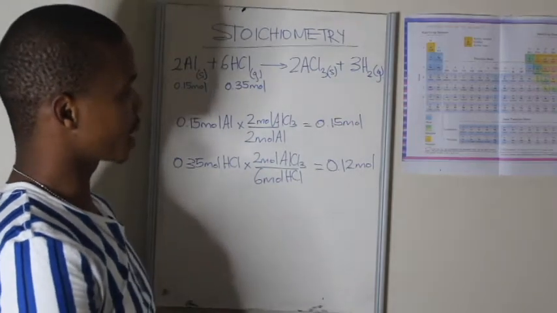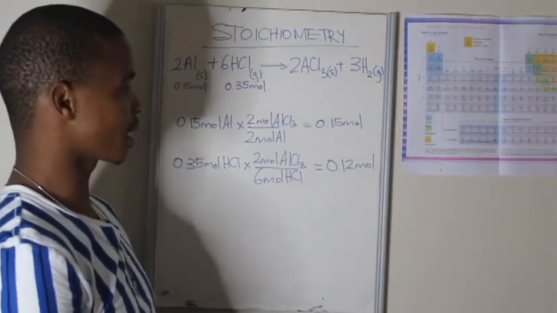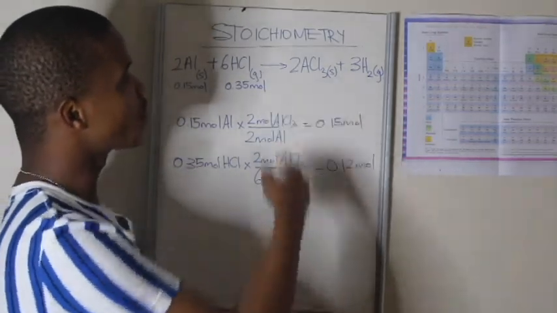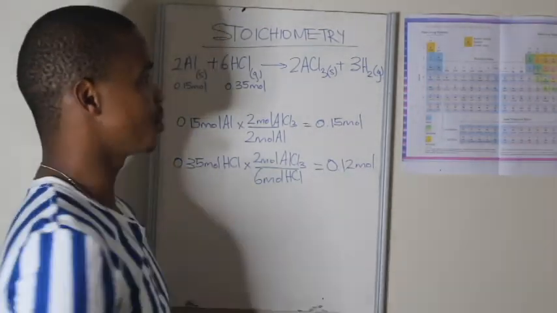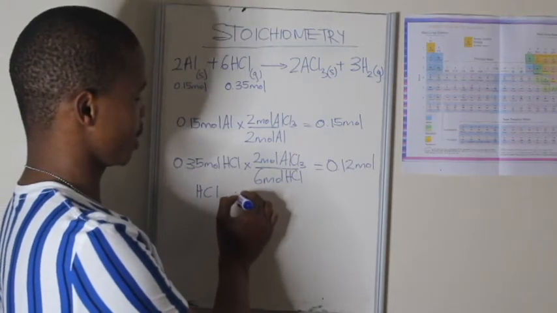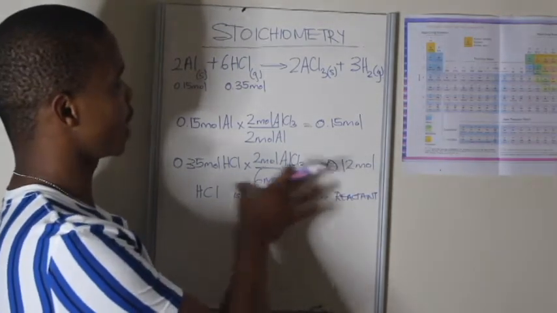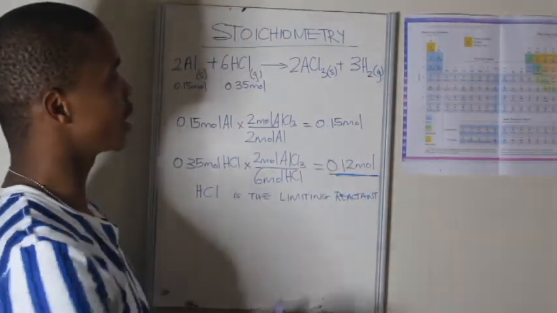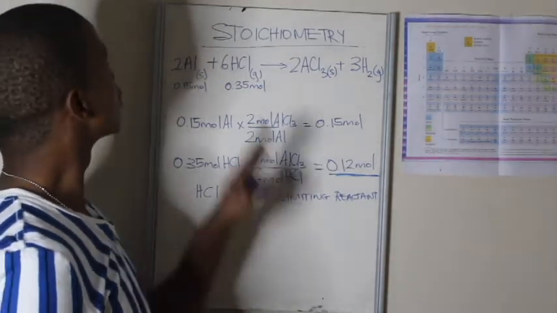So looking at this, if you thought this was the limiting reactant, now when you look at this, you'll find out that actually HCl is the limiting reactant because it can only give you 0.12 moles of your product, which is aluminium chloride. So in this case, let's say HCl is the limiting reactant. So if HCl is the limiting reactant, we can use this number of moles to calculate the mass of aluminium chloride that can be produced from